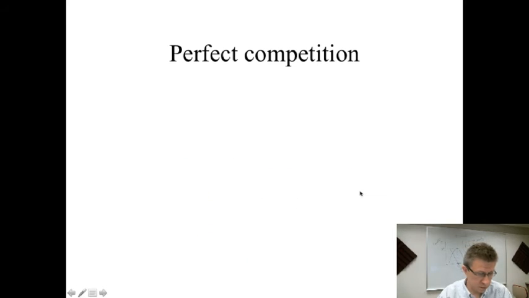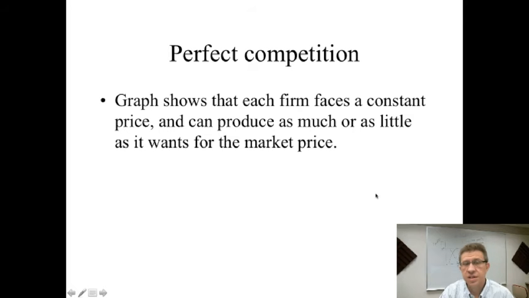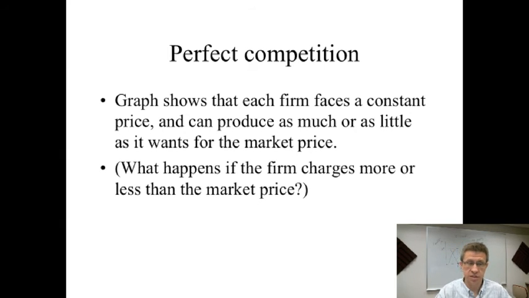So the firm faces a constant price. Its only decision, which makes your life in a way a little bit easier in this section, is how much to produce. Price is always the same. So how much to produce to maximize profits, right? Remember our goal for the firm, we laid out that assumption explicitly recently that the firm wants to maximize profits. So it has to figure out what output to produce to maximize profits. Well, in a way this makes your decision easier because the price they're facing is always the same.